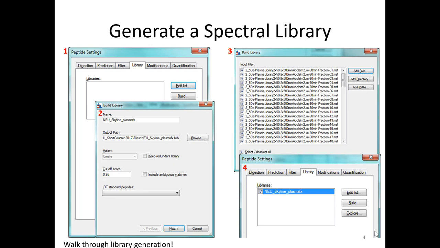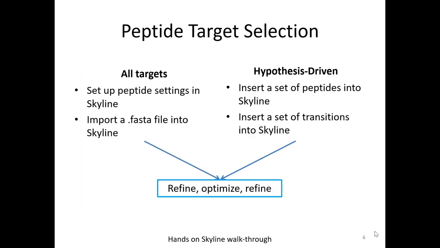You don't have these raw search files on the flash drive, so we're going to just cancel out of this, back out of this step. But if you added them and then hit OK, then the last step would be making sure that box is checked, so that the spectral library will be visible in Skyline. Okay. All right, so